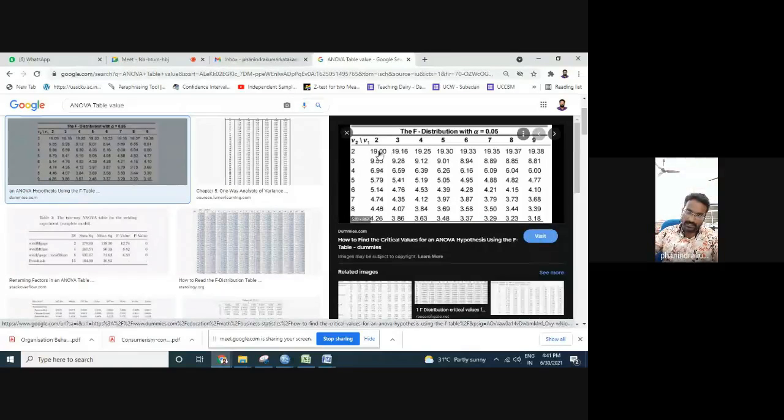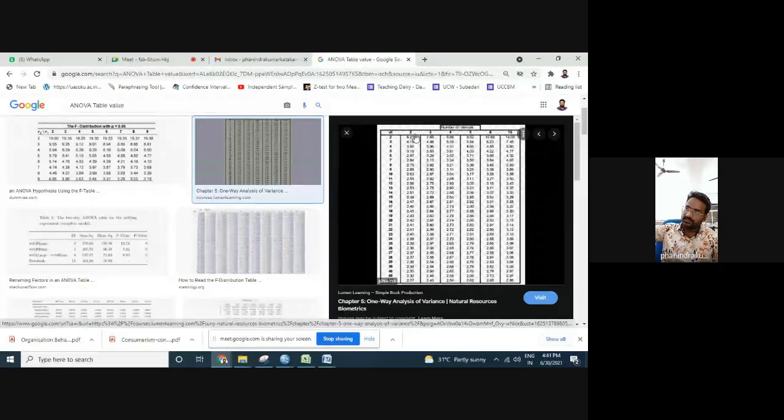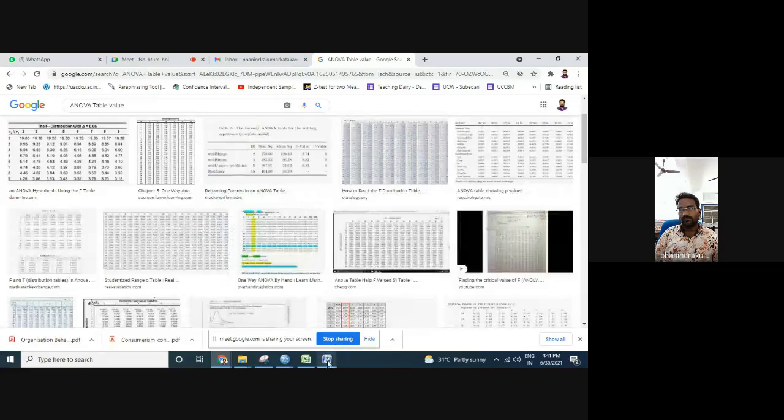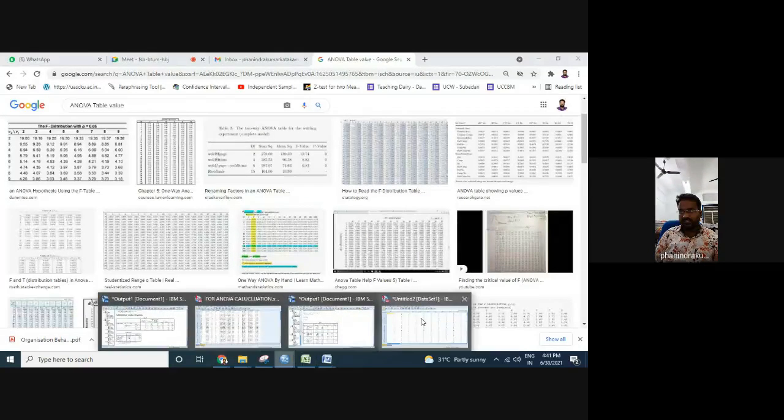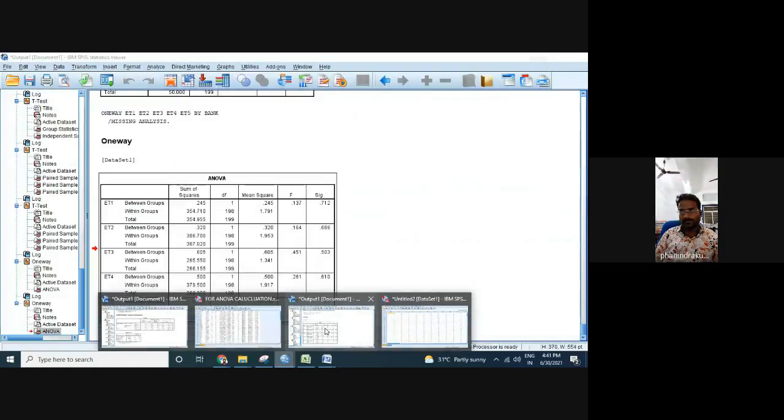If you are taking 3 and 198 and 3 and 128, you can make the degrees of freedom and also things like this. You can expand the tables also. Degrees of freedom is there, and 2 degrees of freedom is being given. 3 and also 196. You can take 3 on one side and 196 on the other side. And when you go to the textbooks, you'll get what is a table and how to represent the numbers there. You will be able to understand easily.